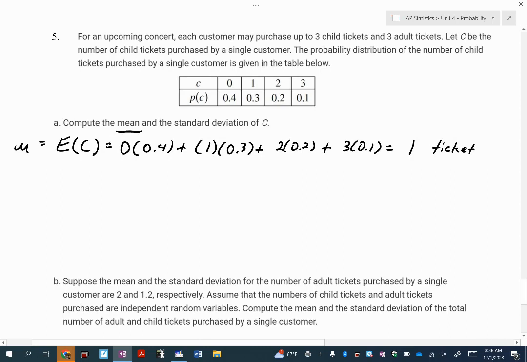Do you guys remember how to find the standard deviation? I tried on Tuesday to shout it at you. If you're going to find standard deviation, you best be finding what first? The variance. All right, so I'm going to find the variance first of this random variable. And here's the formula that I'm going to use. I'm going to do each of them, 0, 1, 2, 3, minus the mean. What did I just find was my expected value? 1, square that. Don't forget to square the difference. And then times its respective probability. So go back to the table. What's the likelihood someone's going to purchase no child tickets? 0.4. And just repeat that.